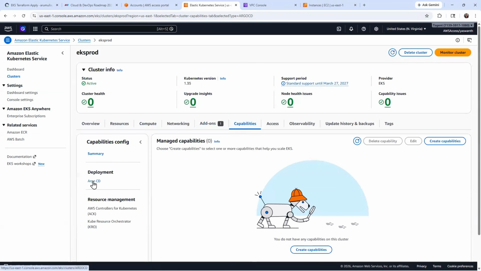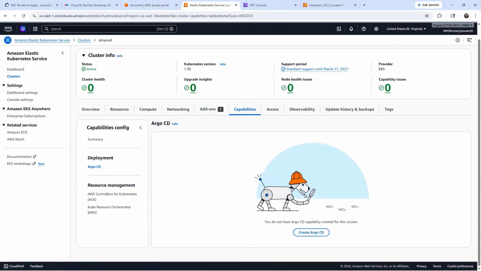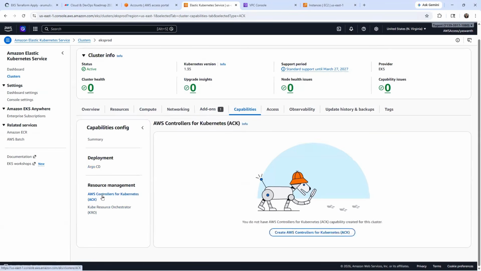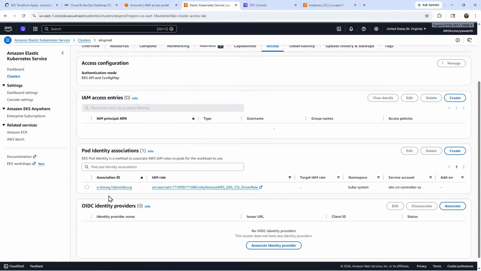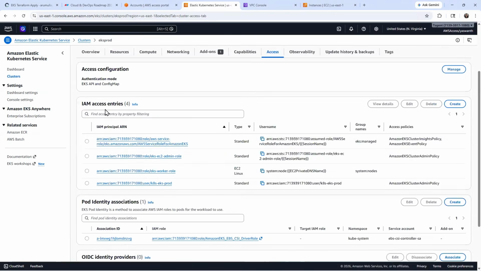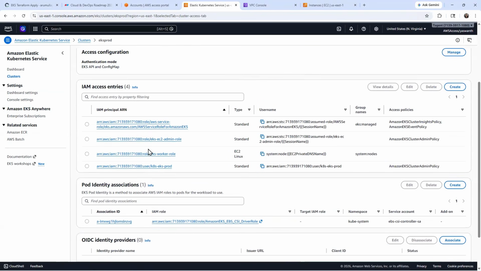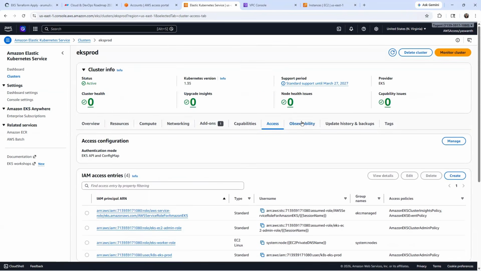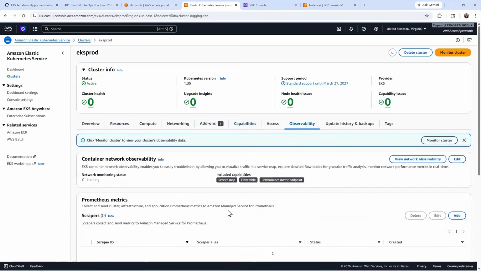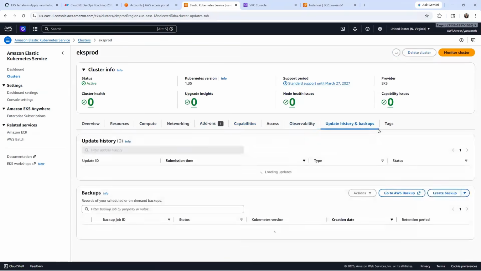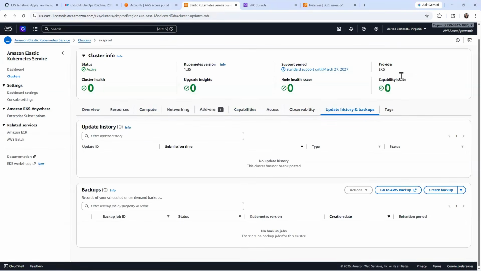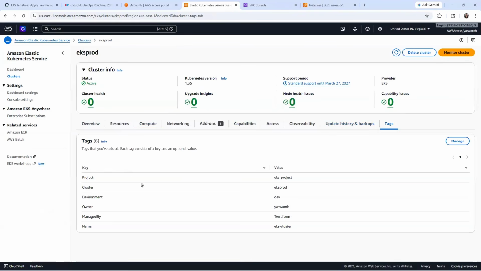capacities. We can use Argo CD, but it will not be covered now. Whenever the Argo CD concept comes, at that time I will explain. And when those topics come, at that time I will explain. And pod identity and IAM permissions and these observability, and upgrade history and backup, and this is not there in it. It's normal tags, EKS project, EKS prod, dev and